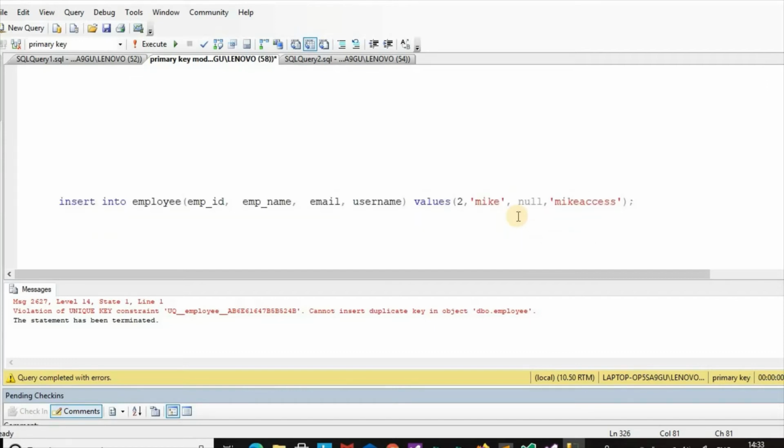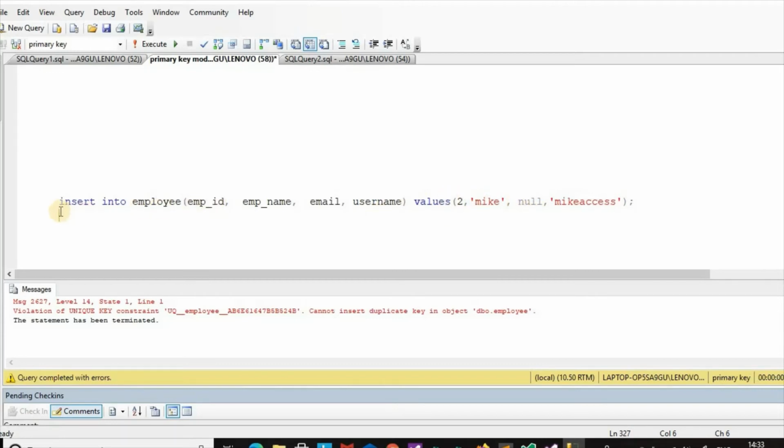A unique key does not allow duplicate values. Here it is not thinking of null, it is thinking of duplicate, because there is a first null and this is a second null.